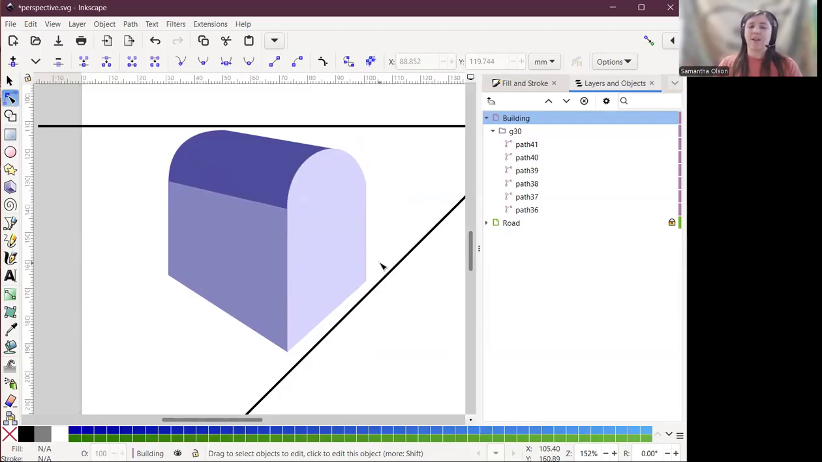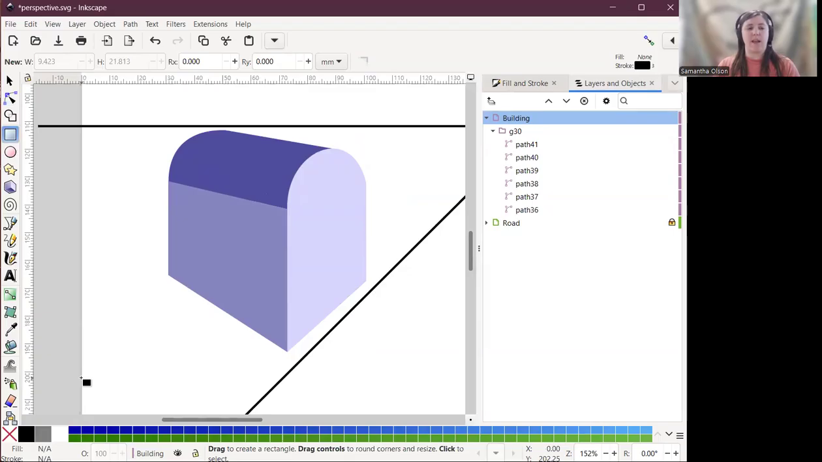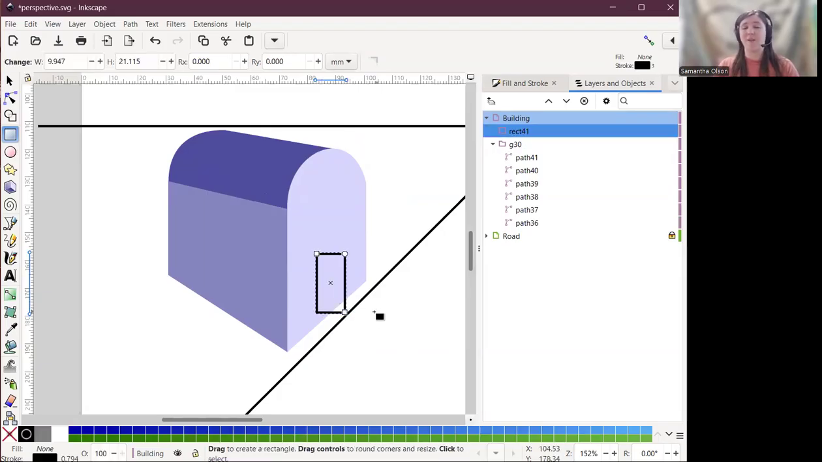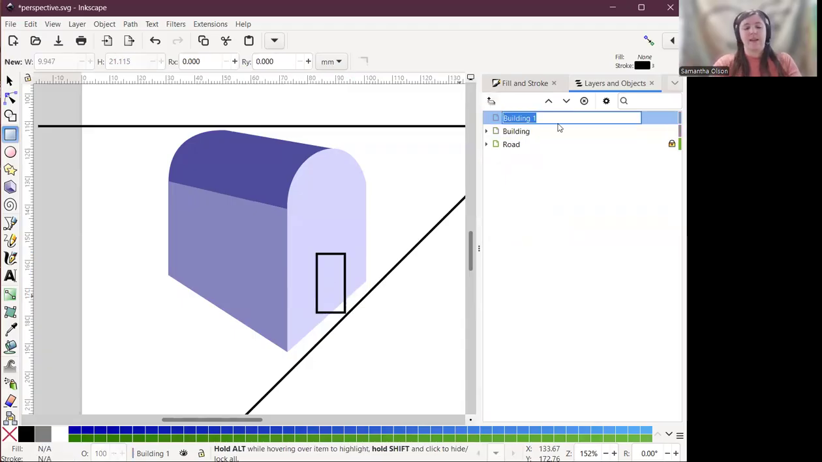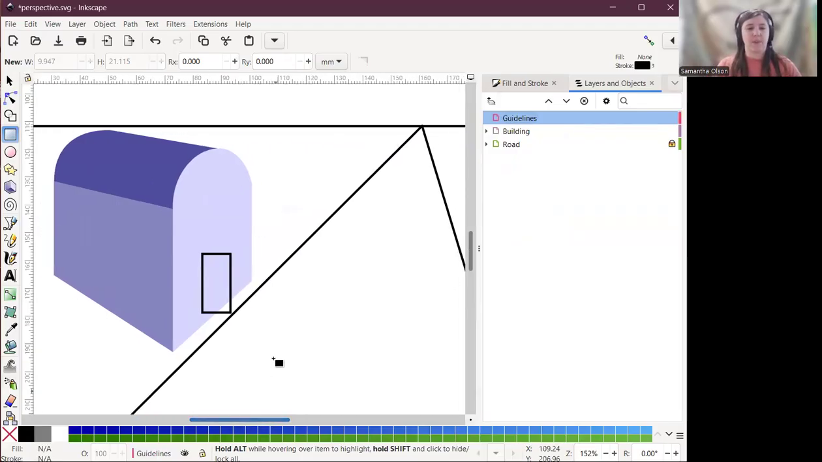The next thing that I want to add to my building is a door. So I'm going to grab my rectangle tool and draw a door on the side facing the road. Now it looks a little bit funky. That's okay. We're going to adjust it. First, though, we need some guidelines. So we're going to create a new layer. And guidelines are lines that will not stay. They're kind of like sketch lines,